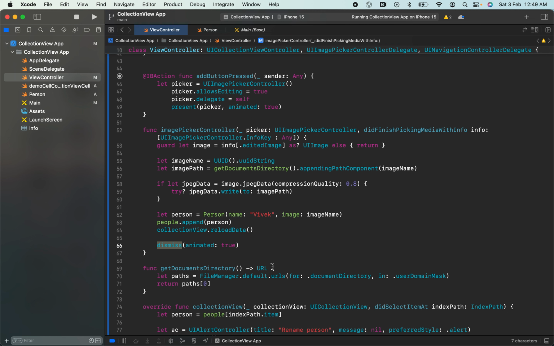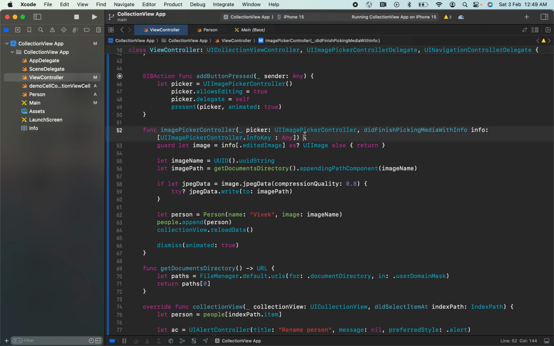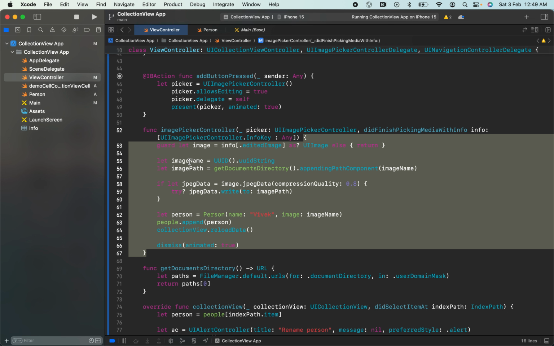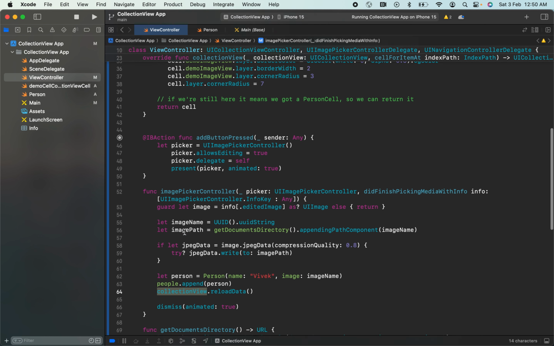That's all. So this function is to provide a path. So you don't need to go in depth. This is the function assigned with the protocol, and this will be called automatically. By pressing the add button, you will be taken to the photos, and if you select any photos, this function will be executed, and the image you have selected will be in this image name, and I'm taking it to the class and appending to this variable. After that, reloading the collection view. That's all. So we have received our